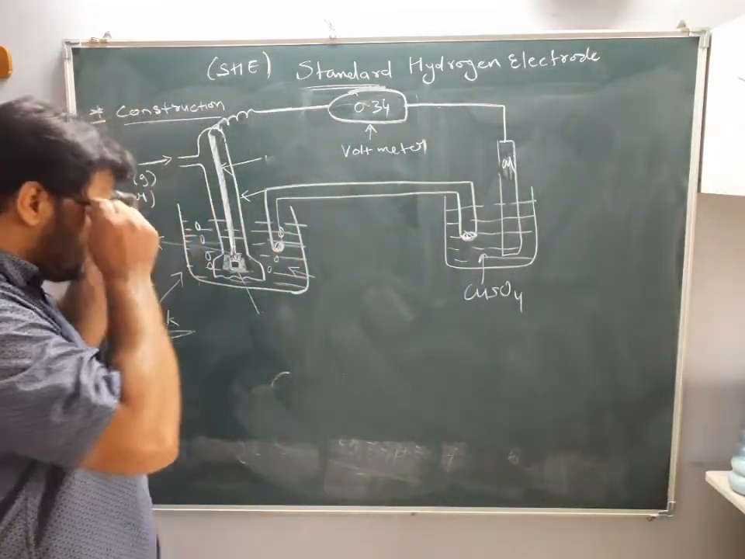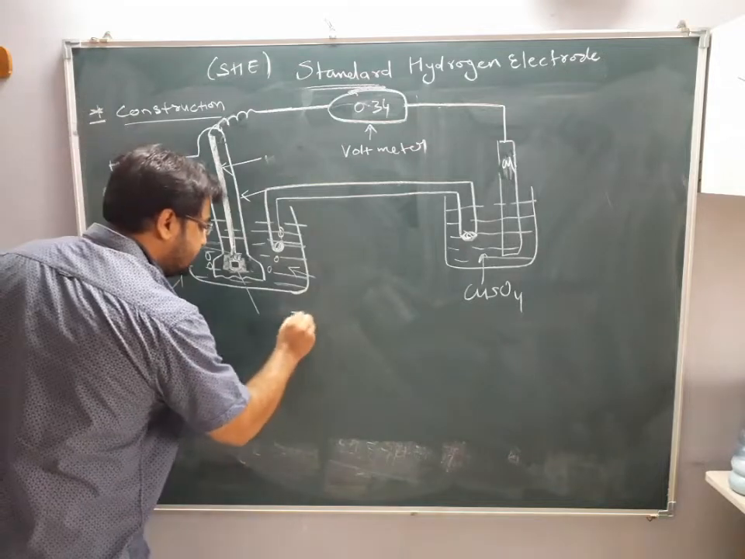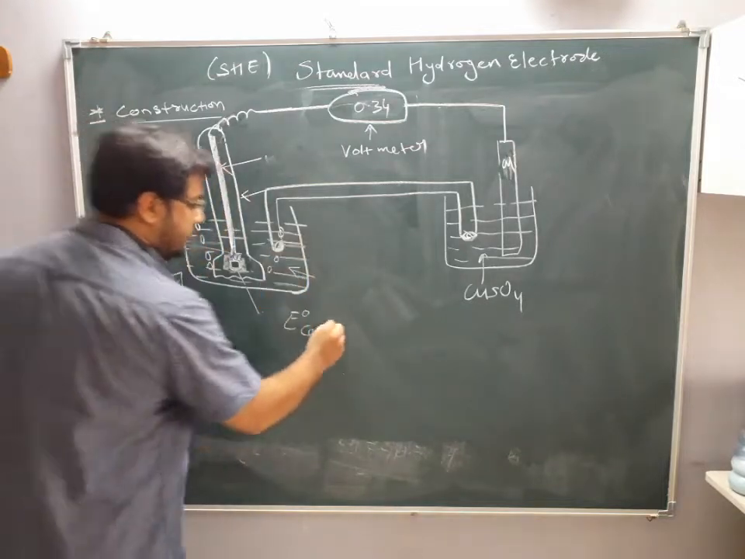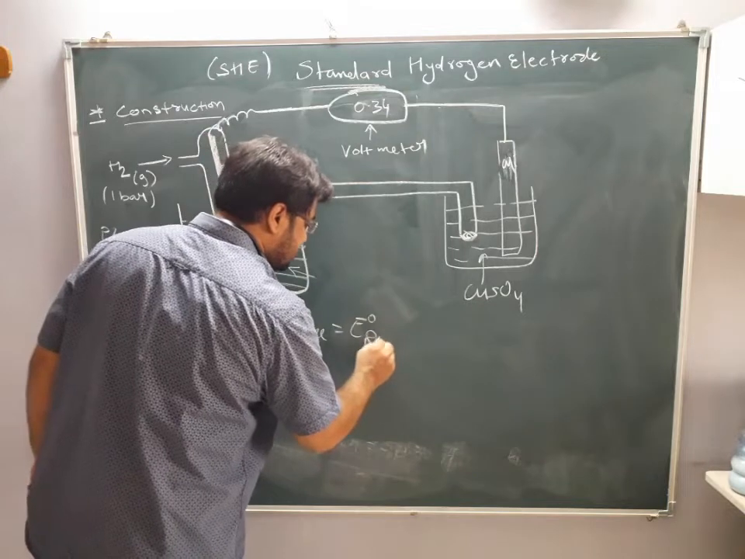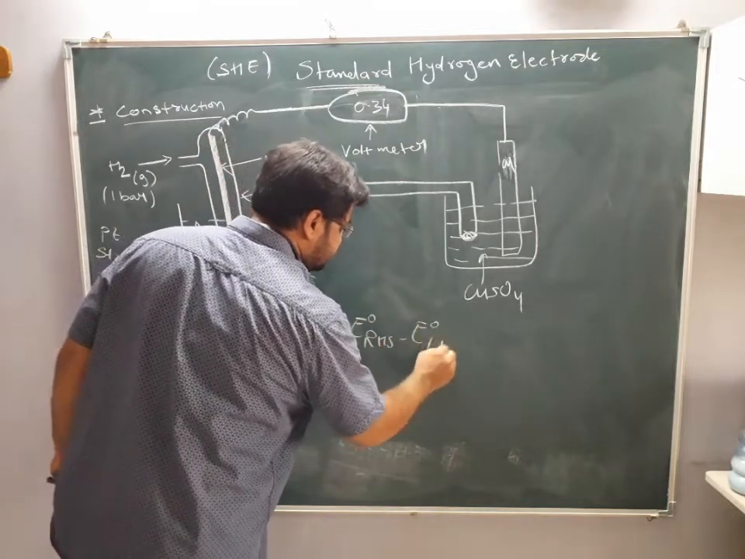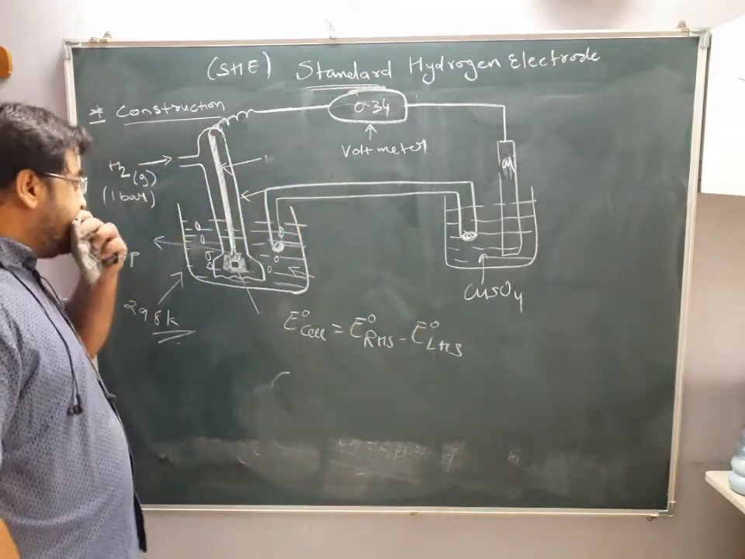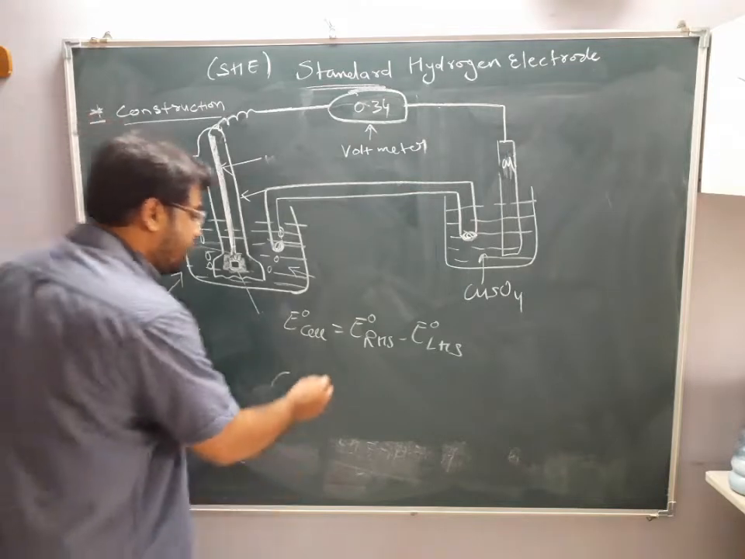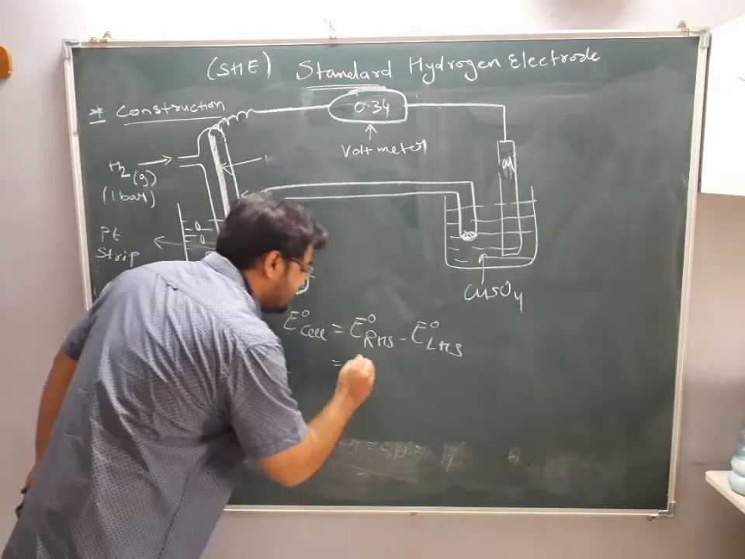Now what will I do? I will write down the E naught cell. This is one complete cell. So E naught cell equal to what? E naught RHS minus E naught LHS. Clear? Now what happens here? Copper will act as a cathode. So here I write E0 cathode